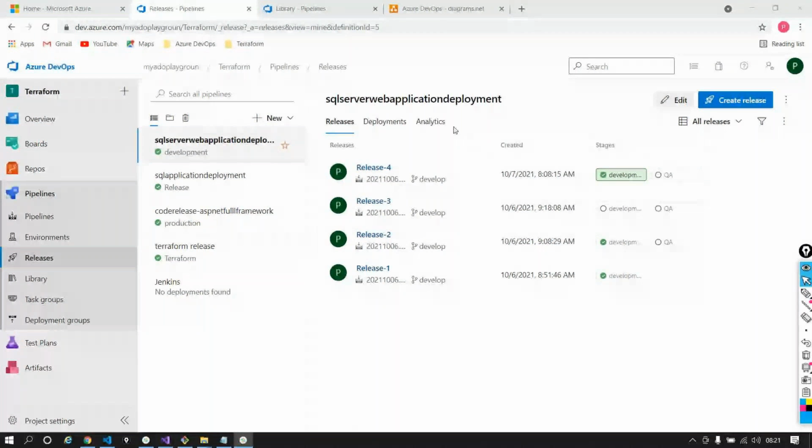Okay, now let's say in a real-time environment you are given a task where you want to create a .NET project, and you need to do a CI/CD for that particular .NET project, and that should get deployed, let's say, on a Windows virtual machine which is running an IIS server,